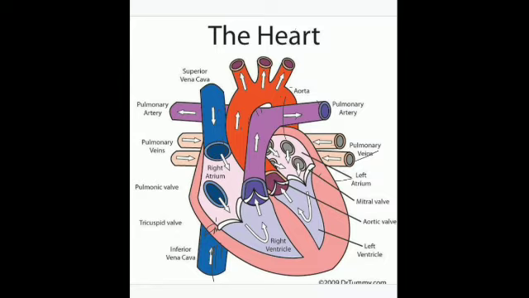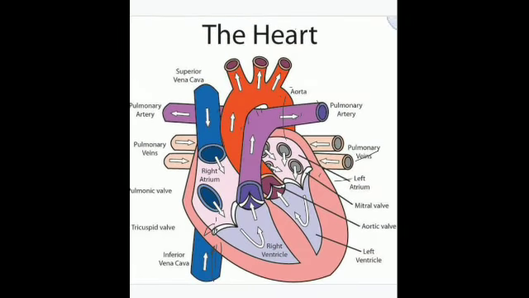Now what happens? The chambers have been filled up with blood. Here it is deoxygenated blood in the right ventricle and the oxygenated blood in the left ventricle. Is it clear? They are filled with blood, and both the semilunar valves, that is the pulmonary valve and the aortic valve, open up. Is it clear? You can see the aortic valve over here and the pulmonary valve over here. Is that clear? They open now.